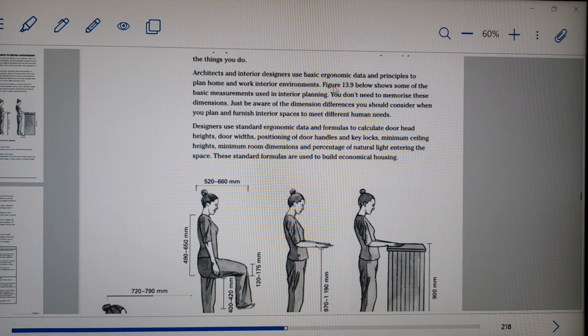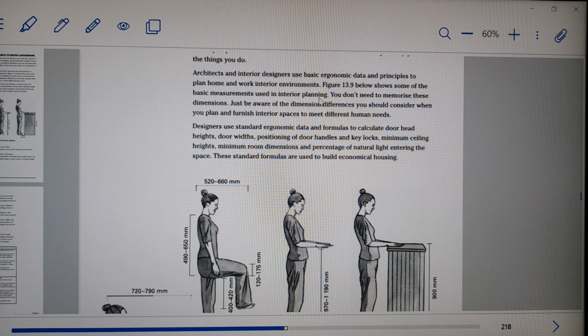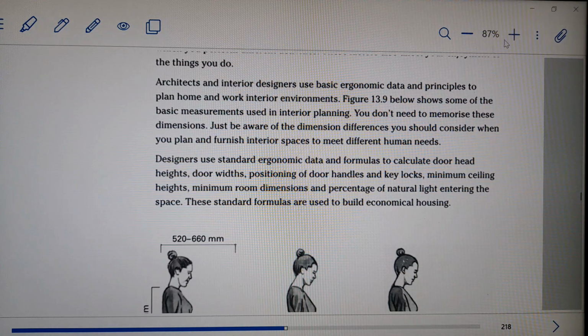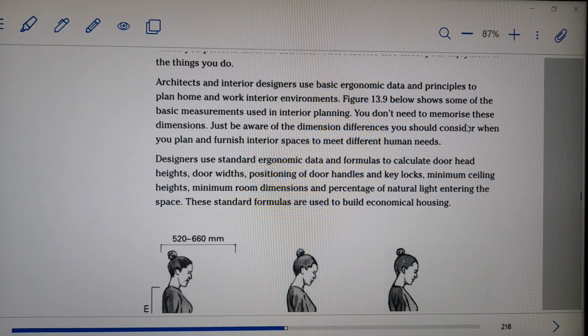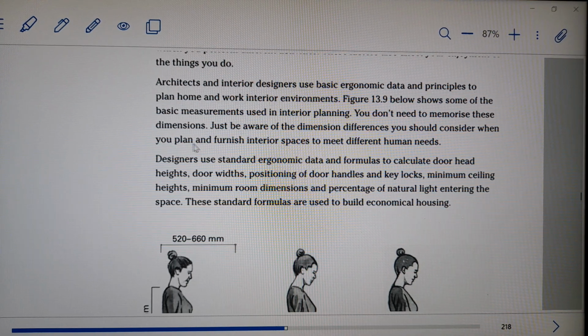Okay. Figure 13.9 below shows some of the basic measurements used in interior planning. Let me zoom this. We will see the figure just now. You don't need to memorize these dimensions. Just be aware of the dimension differences you should consider when you plan and furnish interior spaces to meet different